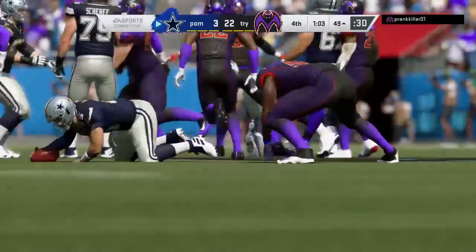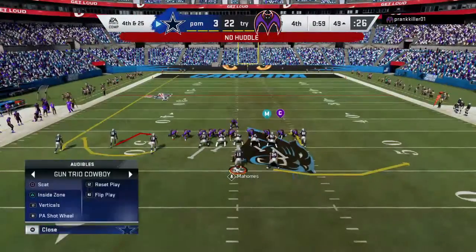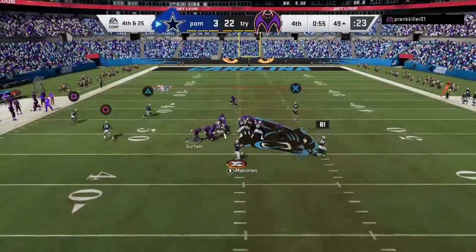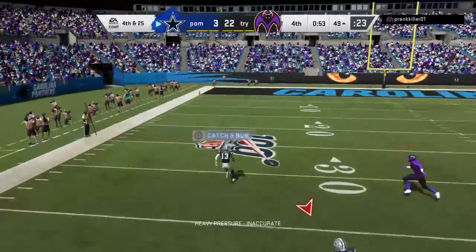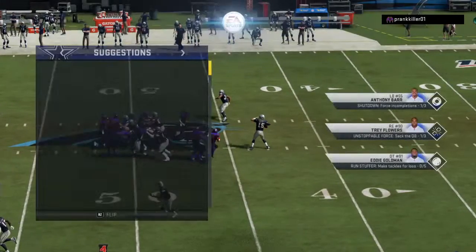Well, Mahomes can't get away, and down he goes. Demario Davis coming in for the sack that time. Mahomes throwing on fourth. And this is going to be incomplete. They had to go for it with such